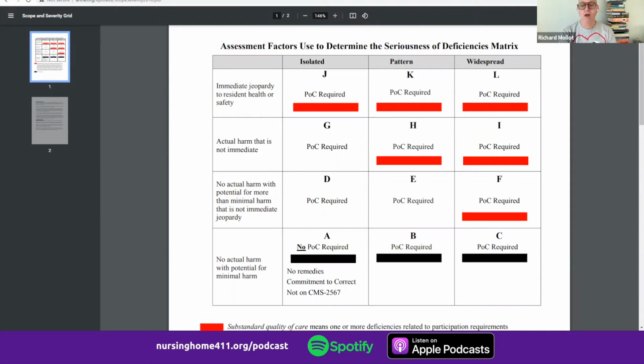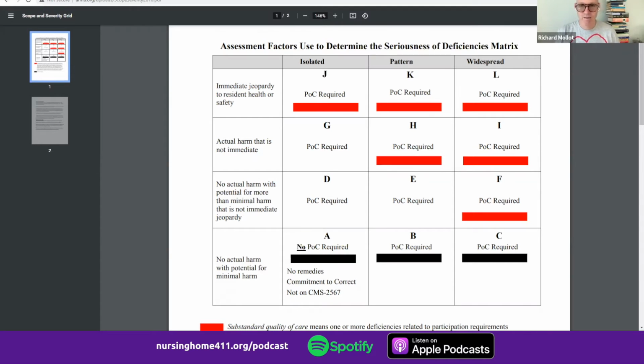As I mentioned before, the resident's family members, staff people, even ombudsmen and others can file a complaint. The complaint could be anonymous with the state survey agency, generally the State Department of Health or Department of Public Health, and the state has to respond to that in different ways, actually different ways based upon this scope and